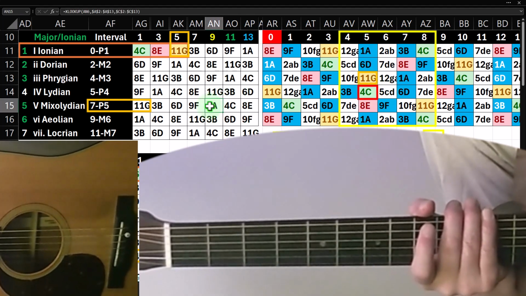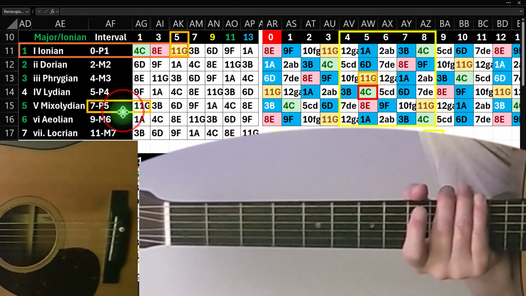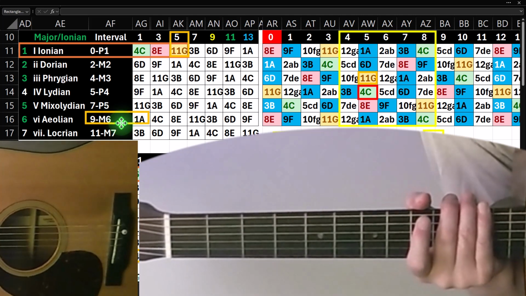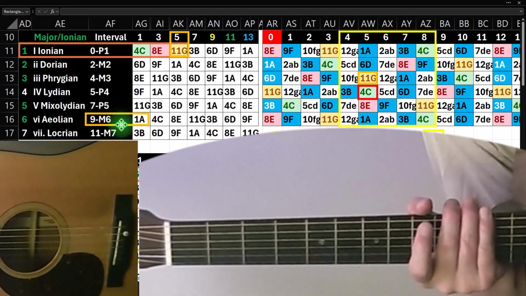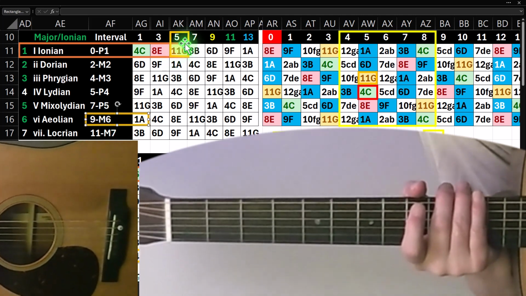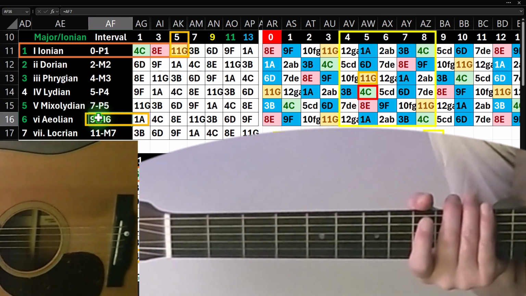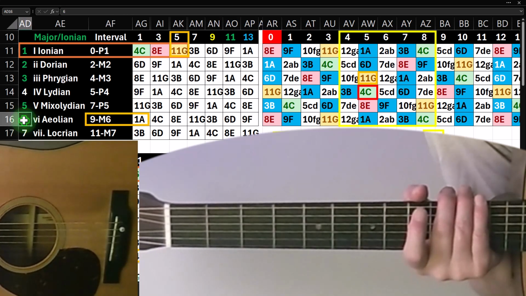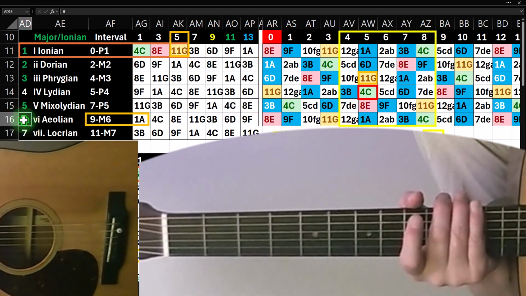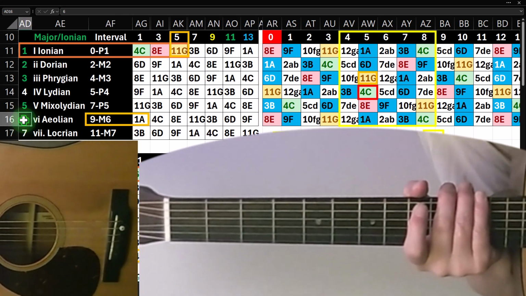Let's see what we got over here. Let's go to the next one down. We're gonna go then to the sixth. And so, okay, now we're on the 9-note away major 6. Now, if I look at that from a chord construction standpoint, it's not going to be